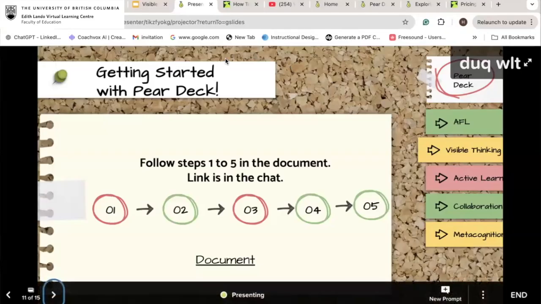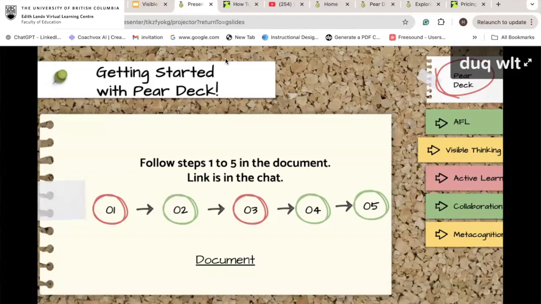Okay. One more thing. You might be wondering if your students need to have devices in order for you to use Pear Deck. So if you want your students' responses in real time, your students will need to have devices. The way you logged into a session, they will have to log into a session, but Pear Deck can also be used asynchronously. So if your students are young, or you're in an institution where your students do not have their own devices, or you do not want them to use their own devices, then you can assign tasks asynchronously via Pear Deck as well, while you can use Pear Deck as just a presentation tool in your classrooms.